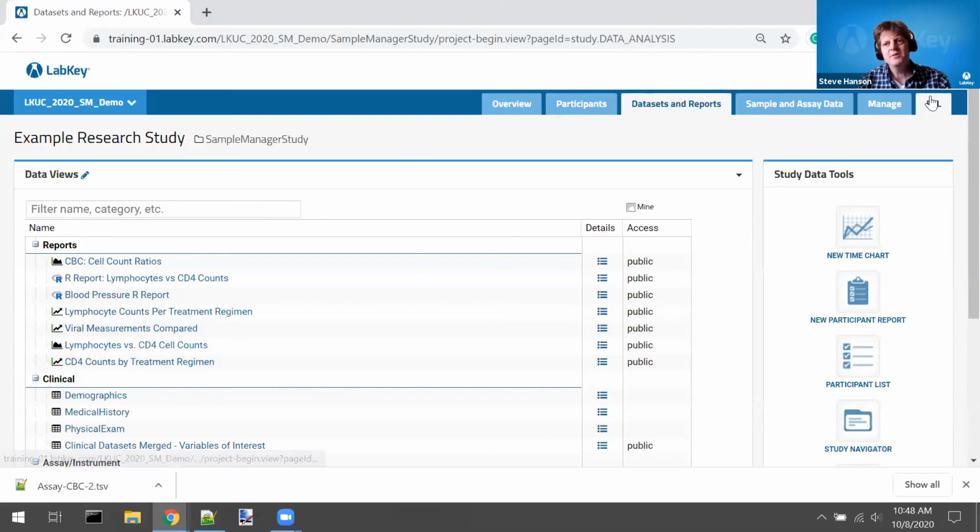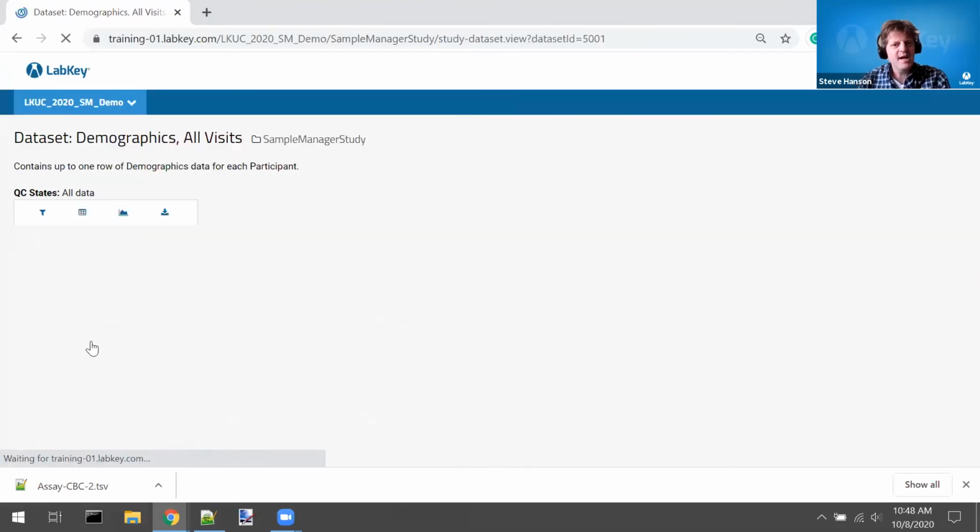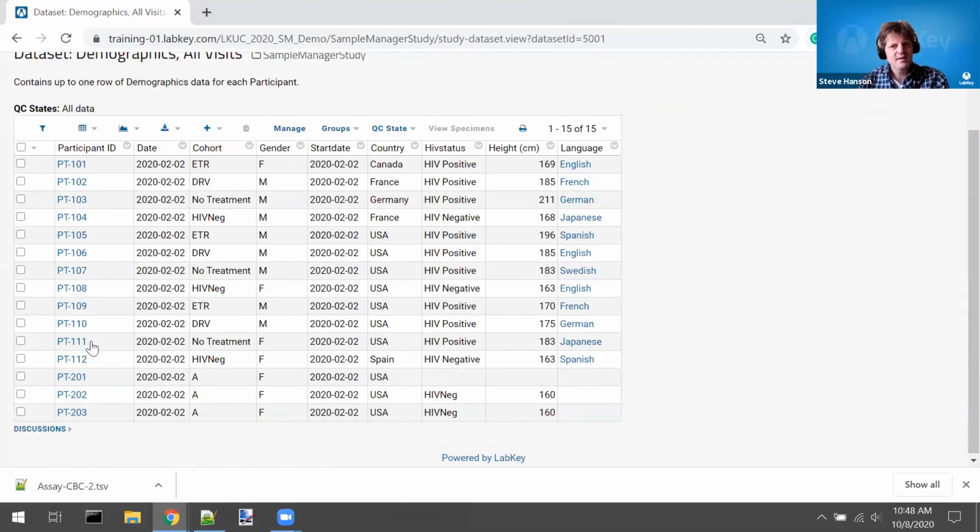I did that by using something called an ETL, which stands for extract, transform, load. Basically, it's a way of piping data from one table to another. In this case, I've set up a pipe between this demographics data set and my participant sources table